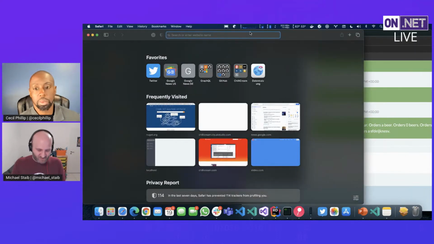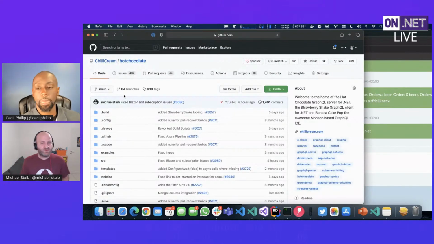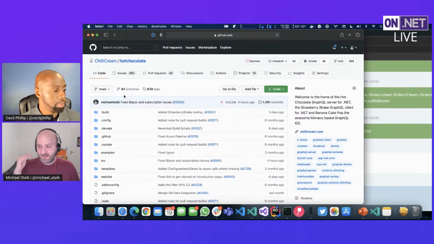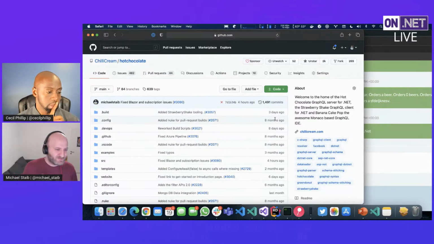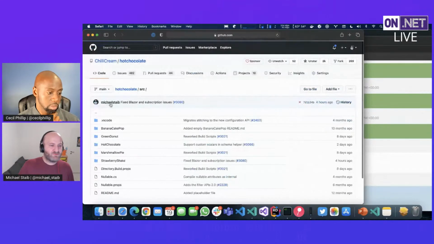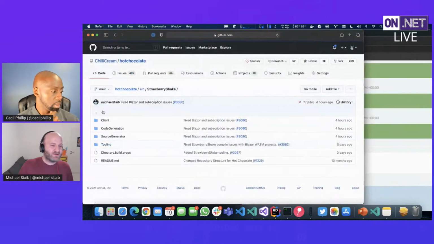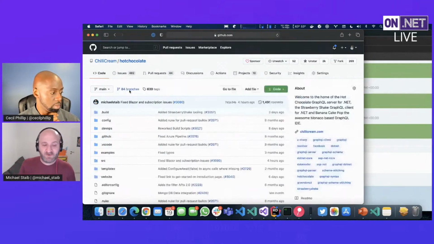So head over to GitHub. If you like us, give us a star. All the contributors really love to see our star count growing. So it's kind of our reward. All the work is done in our free time, so that is a nice appreciation. This is essentially the base where you can find all the source code: all the source code to Strawberry Shake, what Strawberry Shake looks like. You can find how we built the source generator, everything in here. There's nothing hidden, there's nothing proprietary,